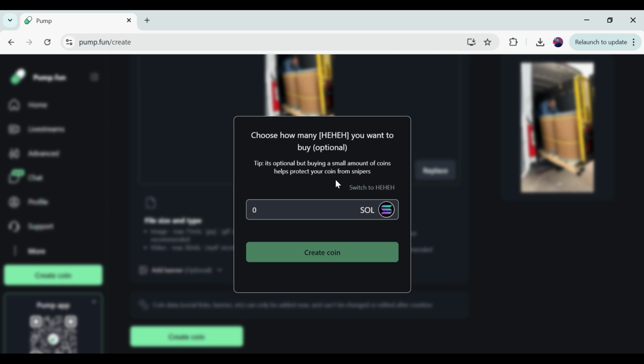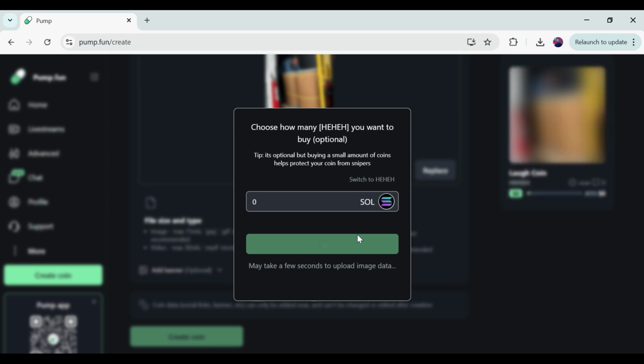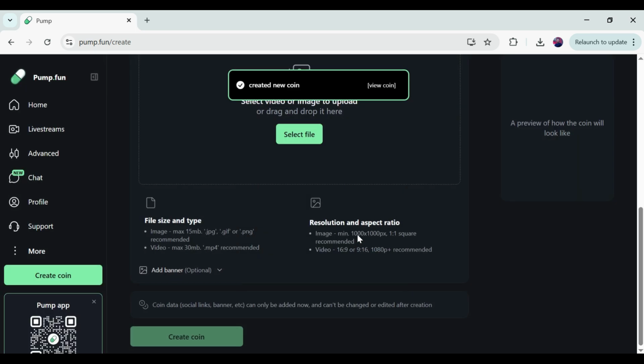and it will now ask how many coins we want to create. We can just skip this option as well. Okay, so I'll just click on create coin, and now it's just processing and it will automatically create our coin, and I will show you the dashboard of our coin. So as you can see, our coin is created. Now I click on view coin,